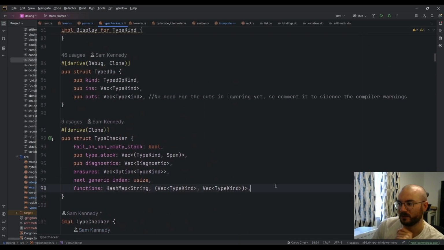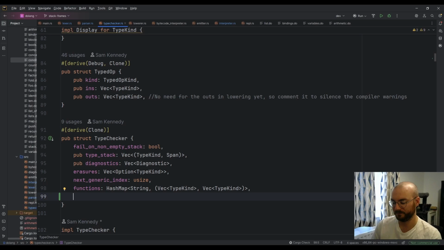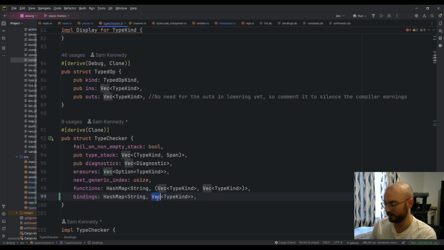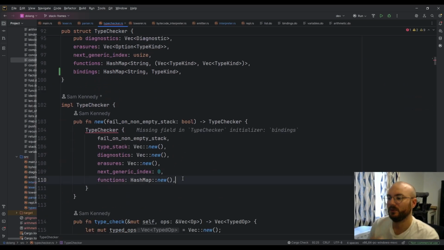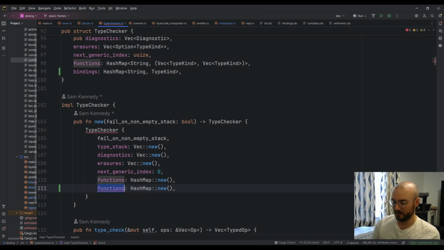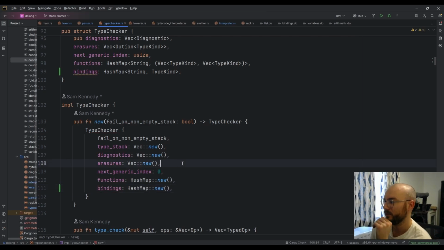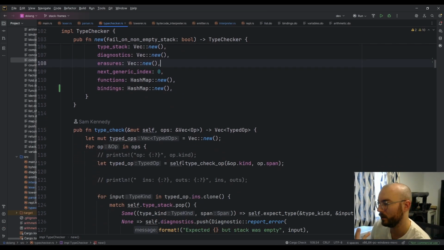Yeah. So I think we need to add bindings. And this is just string to type kind because they're only one type. And we need to initialize that with nothing. So it's going to be the same as like type checking a block,